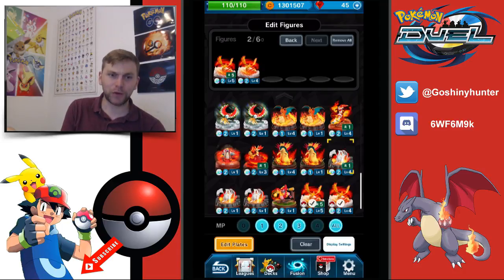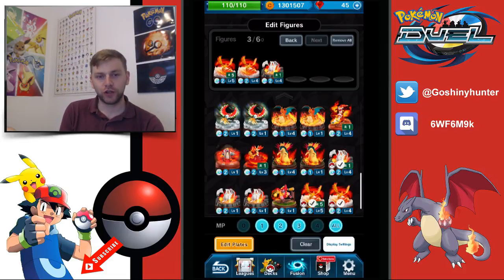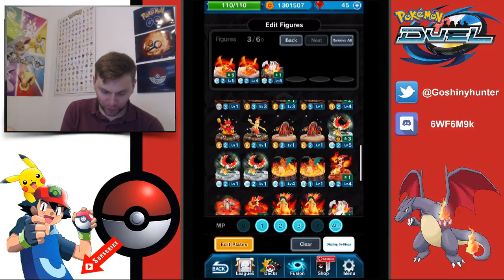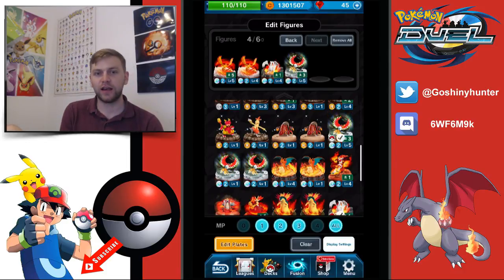Reshiram is definitely going in, and I'm probably going to match that with an overdrive deck to get the benefit of the huge monster attack that it has. Then it comes down to Ho-Oh, which I'm going to put in because of that 120 attack on the Fire